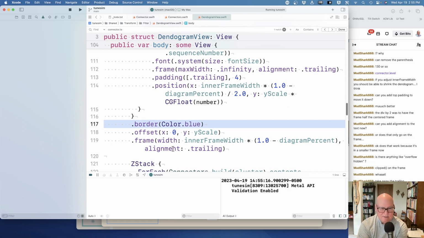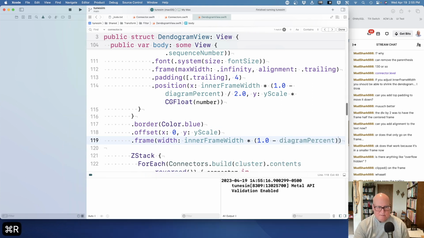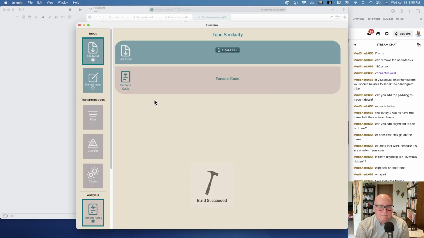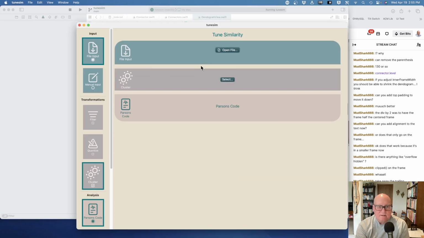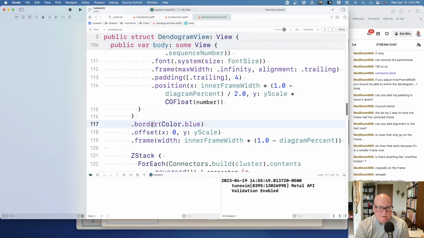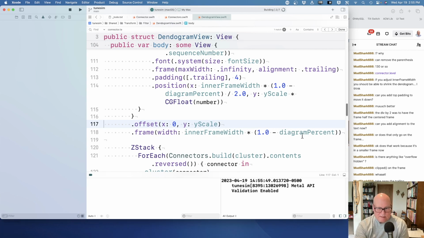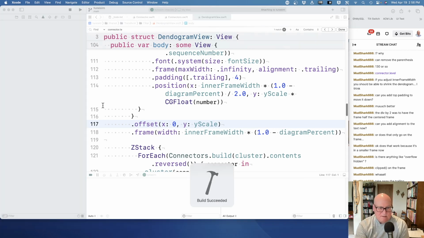Yeah, that trailing alignment should go. Or I don't think we need it anyway. Let's make sure, because we did the work in the text field. Okay, and then maybe that will make that color not necessary. I don't know why, but